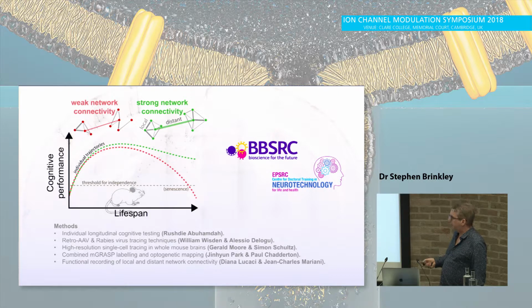mGrasp we're going to carry on doing this time in PFC. And really, the overarching theme of this is hopefully in future we can say whether or not we can now map distant connections quite well. We're very good at mapping local connections in our acute slices. We do a lot of paired recordings between neurone populations. That's relatively straightforward. But we now think we're at a point where we can measure the strength of functional connectivity, electrophysiological ion channel strength between brain regions.